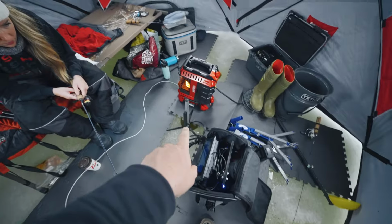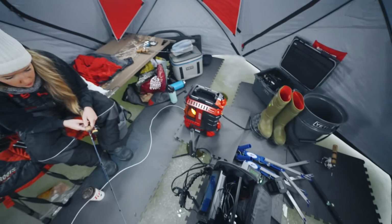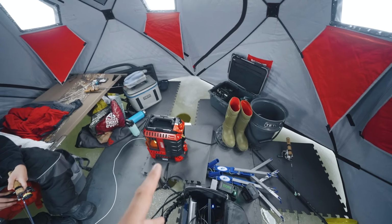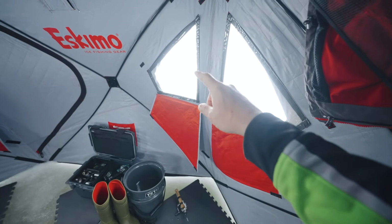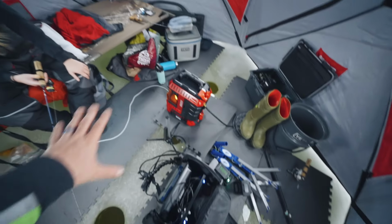We got the one hole in the middle for the live scope, the 2 jigging rods. We're using the flex. If it was colder, I'd either want a second flex or my big buddy, but tonight it was perfect. Definitely, closing the windows is nice at nighttime because I think that keeps a little more heat in because this is thermal. Whenever I can keep stuff on the foam mats, it just...